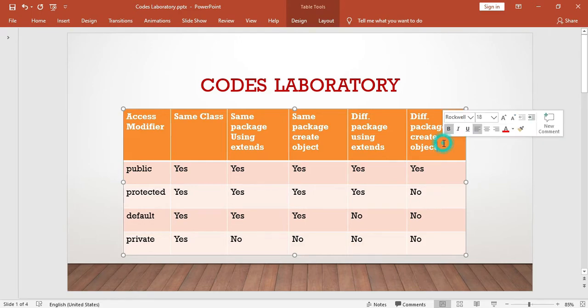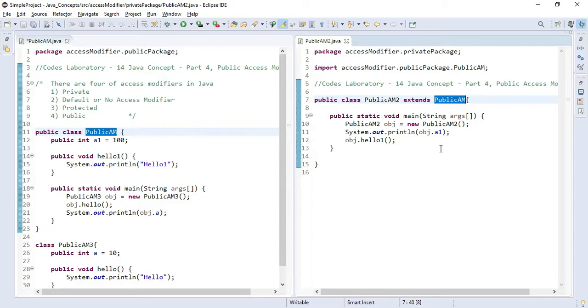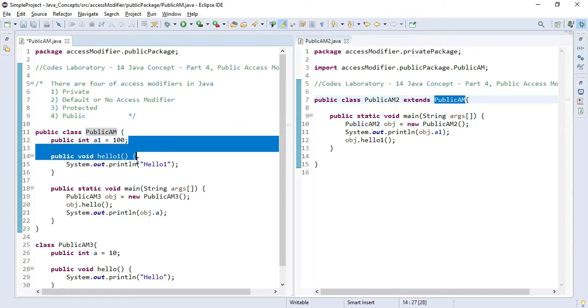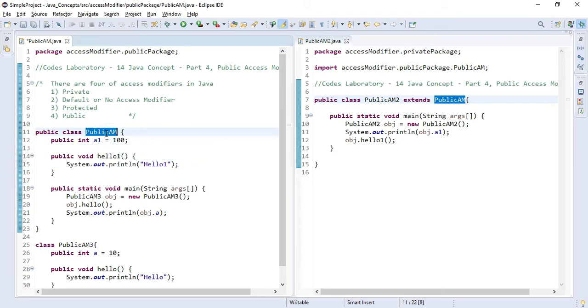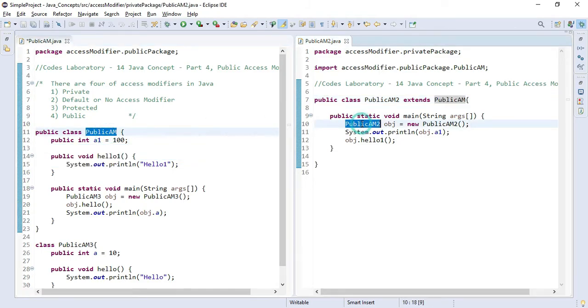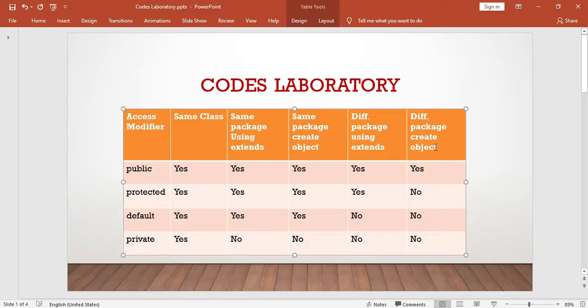Now let's talk about the different package and while creating the object of that class. It means, as you know, this is one class, and if we want to access those properties which are present in this class with the help of creating the object of this particular class, like this, so it means different package and create object. Yes, if the properties are public, we can simply use them while creating the object.